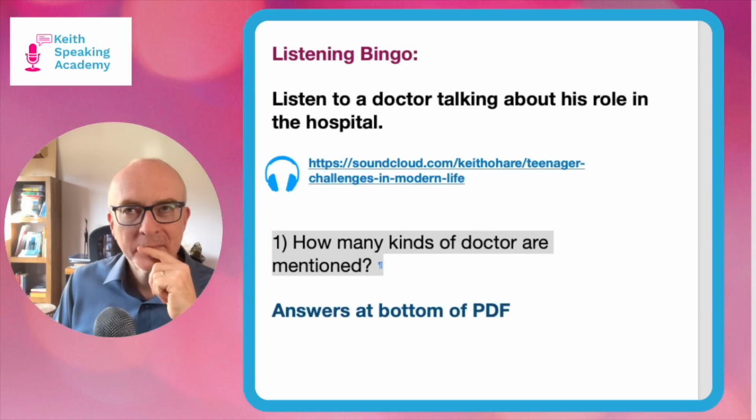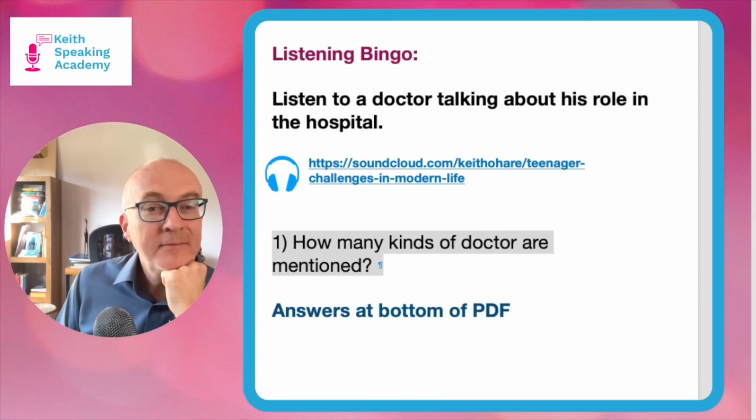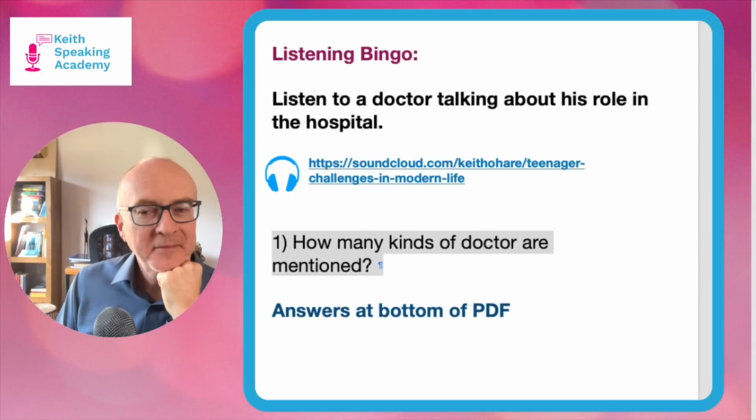Now, in the hospital, there is a wide range of doctors, including paediatrics, who treat children, oncologists, who deal with cancers, pathologists, who study the cause and effect of diseases, surgeons, who carry out operations, and many, many more. Basically, a doctor's role is to make sure patients that are sick, physically or mentally, get the treatment they need to get well. And doctors should also provide advice on preventing sickness and disease. In a nutshell, that's it.